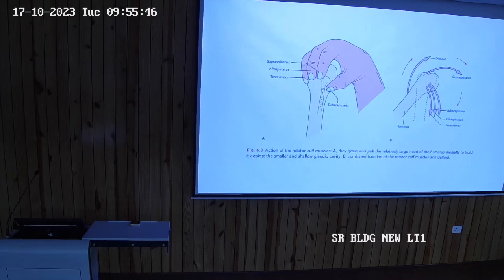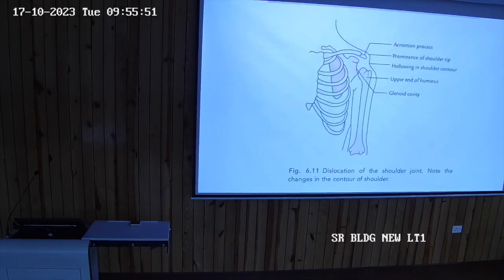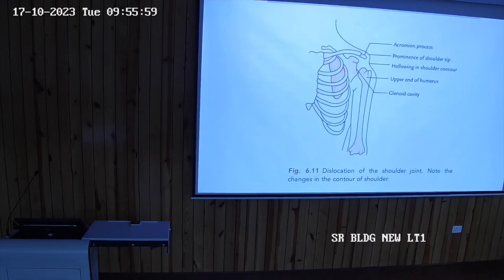Second thing, see the other part. These are diagrams showing the various movements, and we'll talk about them later on. The second part: the coracoacromial arch and the ligament. The coracoacromial ligament and arch both act as a second socket for the shoulder joint, and they prevent the upward displacement of the head of humerus. If the coracoacromial ligament and arch,